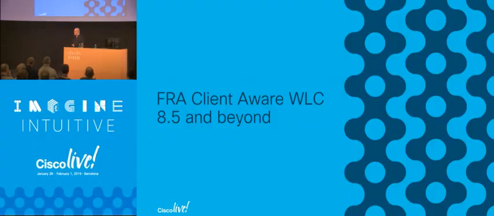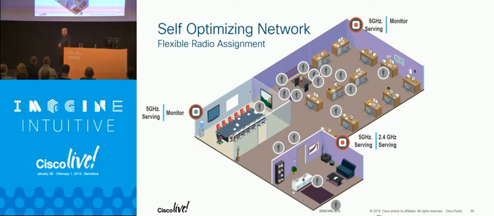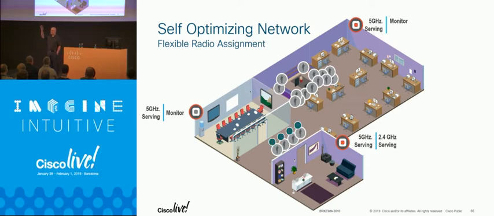The client aware piece is really a nice feature. How many of you heard when the 3800 came out that it just brings bandwidth online instantly if needed, and it'll take it back from 2.4? There's a little bit of marketing around that. And those of us who had our hands on it were like, really? It took a little while to get that feature implemented, but it's in there now and it's on the FRA console. If you have too many 5 gigahertz interfaces, the 5 gigahertz interface or that XOR radio is going to get put in the monitor role. In monitor role, it's useful for location resolution, rogue detection, WIDS, WIPS. So there's a lot of function there.